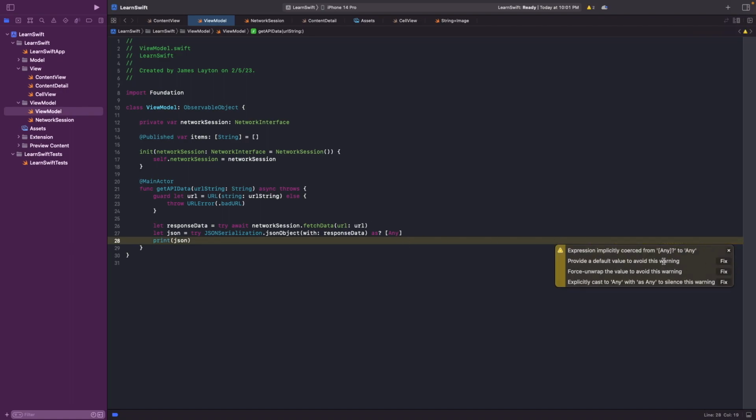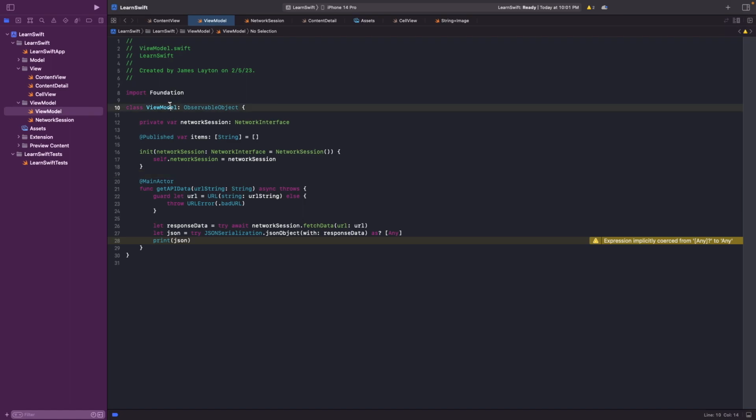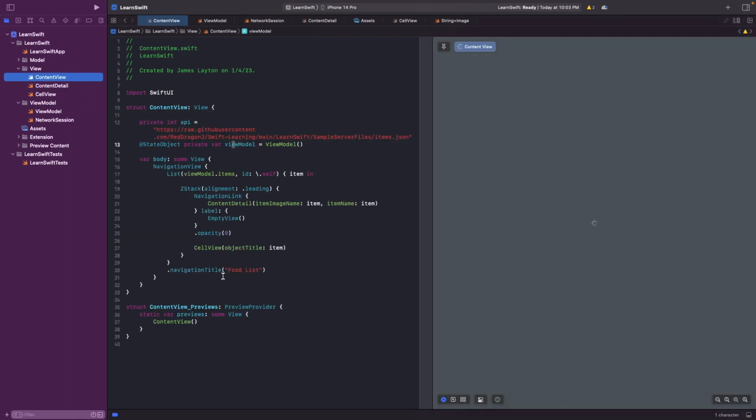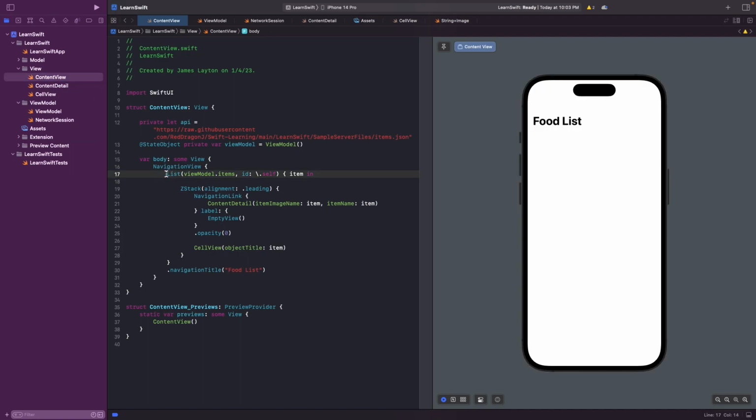It just gives you some warning. You don't have to worry about that right now. You can try to handle it, or you don't have to, because it's still going to print out stuff if there's actually data. So how would we call this code here? We actually go back to our main view here. Whenever this list shows up,